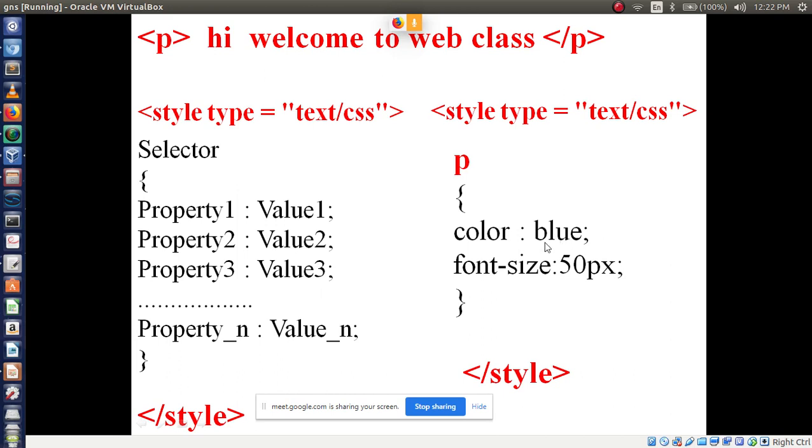After applying all the styles, I close this bracket, then I close the style tag. By the way, we can write this in the head tag. Is it clear? Understood this one? Syntax and example. This is called a document level style sheet.